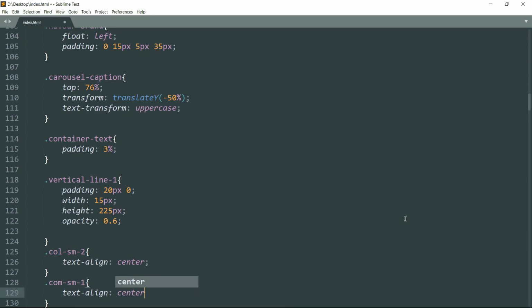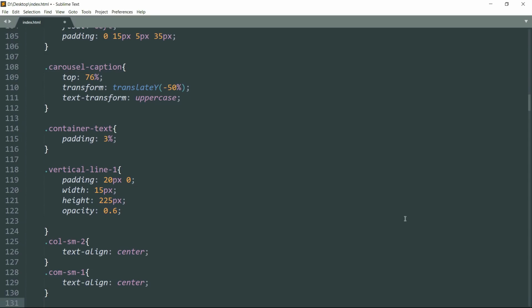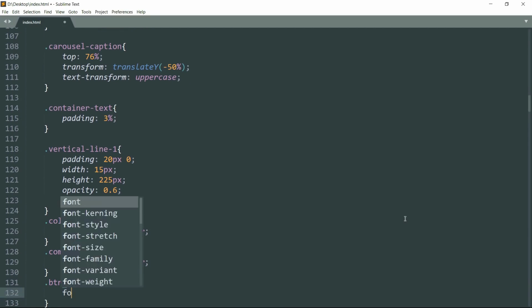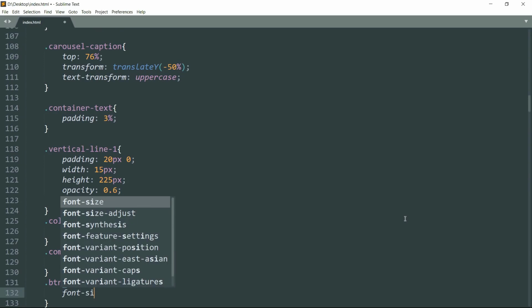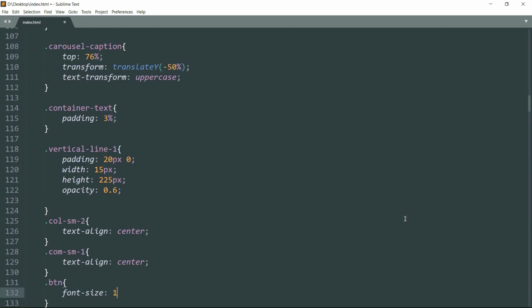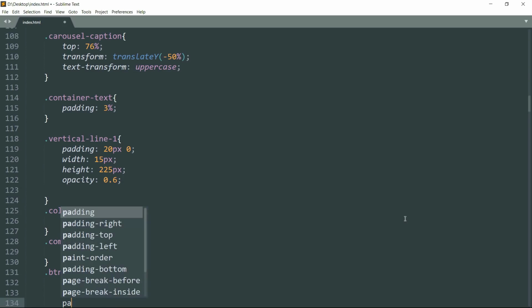Now save this. Now type .btn. This is the class for the button that we have used. Now let's give it a font size of 18 pixels. Let's give it a color of #FFF, that is the code for white color.